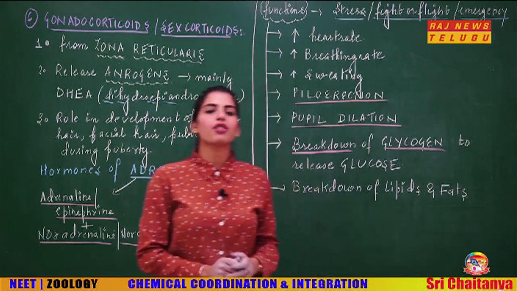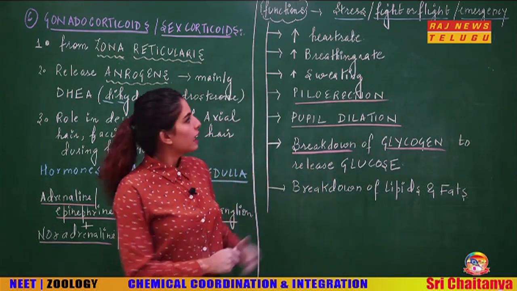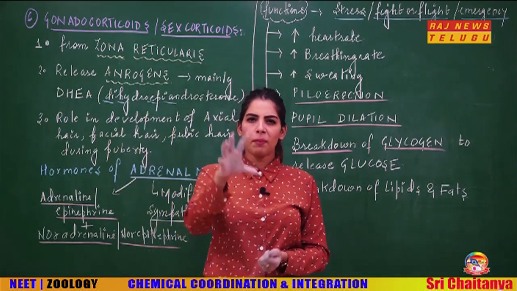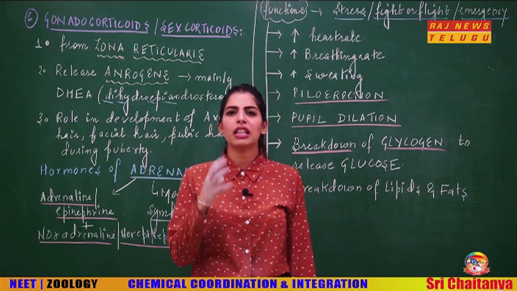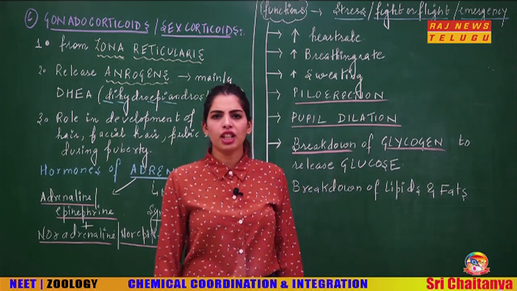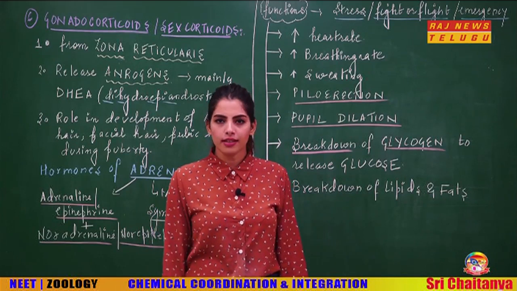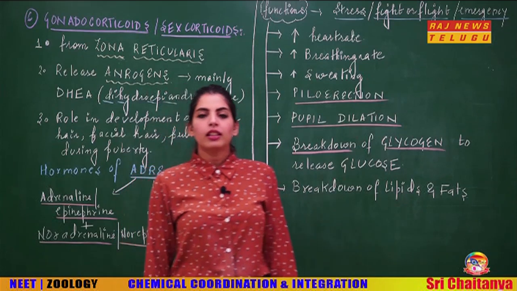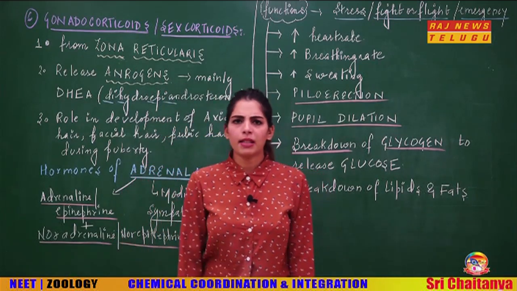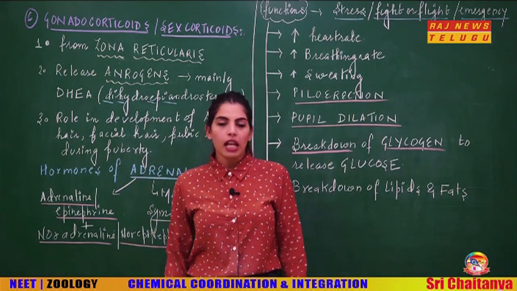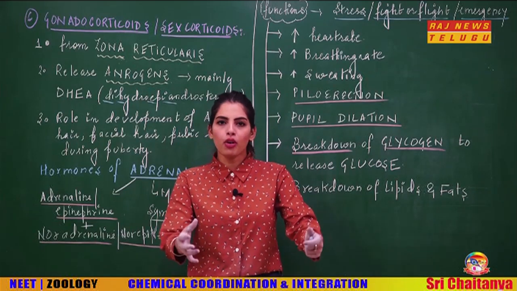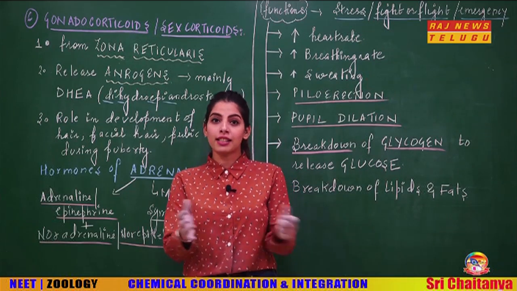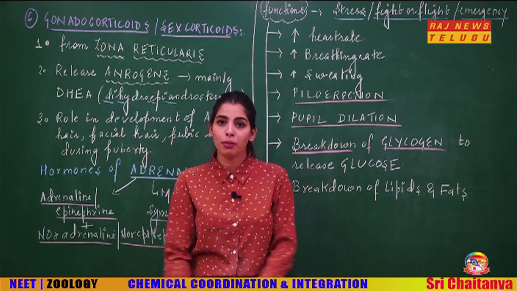Now looking at the function of both the hormones, the first point which I have written is very common to all. Epinephrine and norepinephrine are produced during stress, emergency conditions, the fight and flight response. Now the function, students, can be very easily understood just by taking an example. Suppose a snake comes in front of you. Obviously you're not going to dance in front of the snake, right? Once you see a snake, there are different responses you're going to produce.